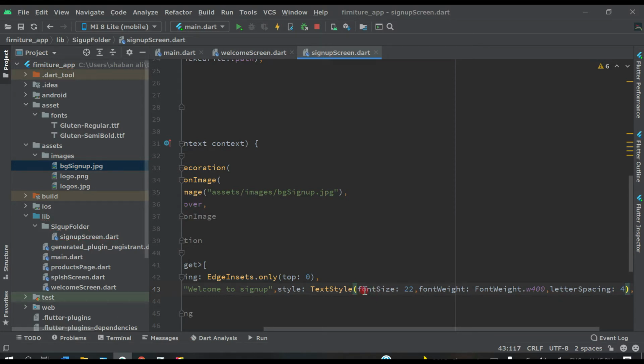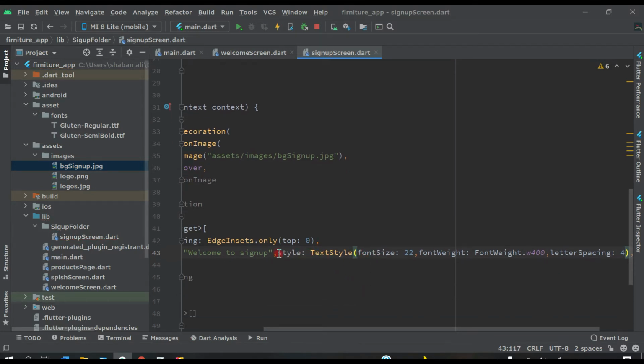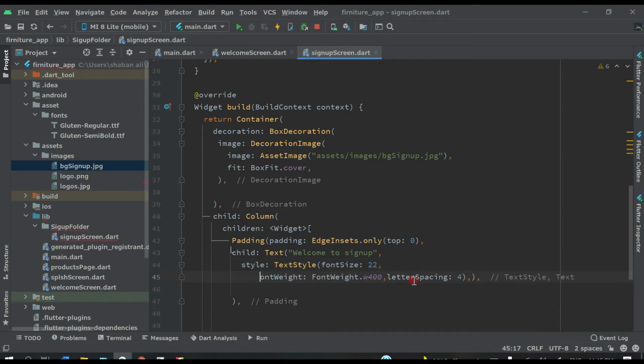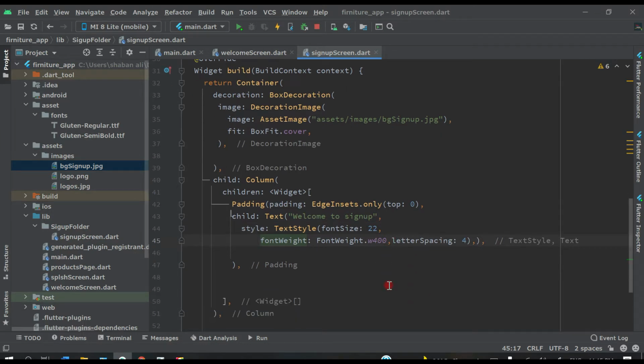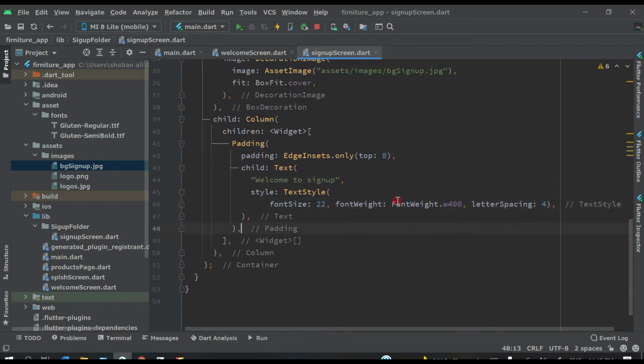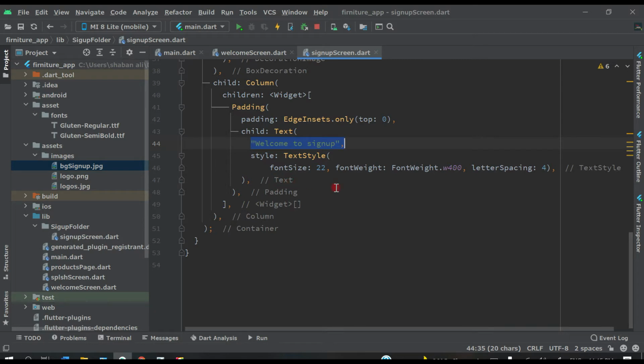Let's break this code so you can see easily here. Before this style, let's press enter here like this, and here also. Now you can see very well, or you can press Control Alt plus L. So like this your code will be formatted. Now what we have to do, this is our heading and this is the style of this text. After this padding